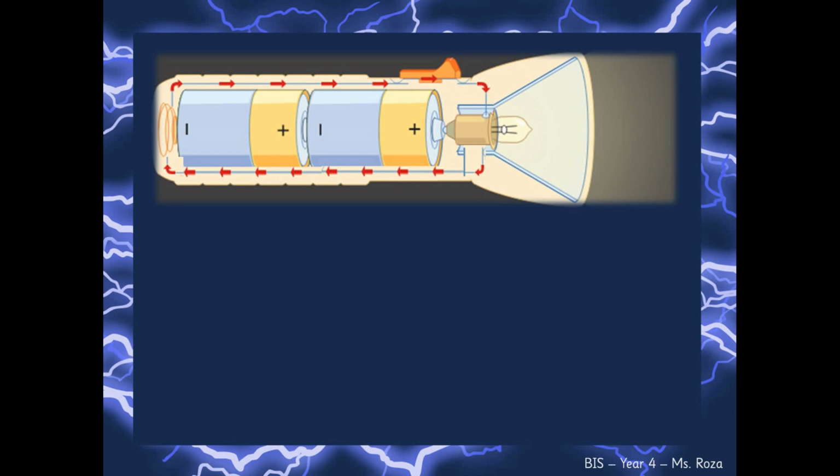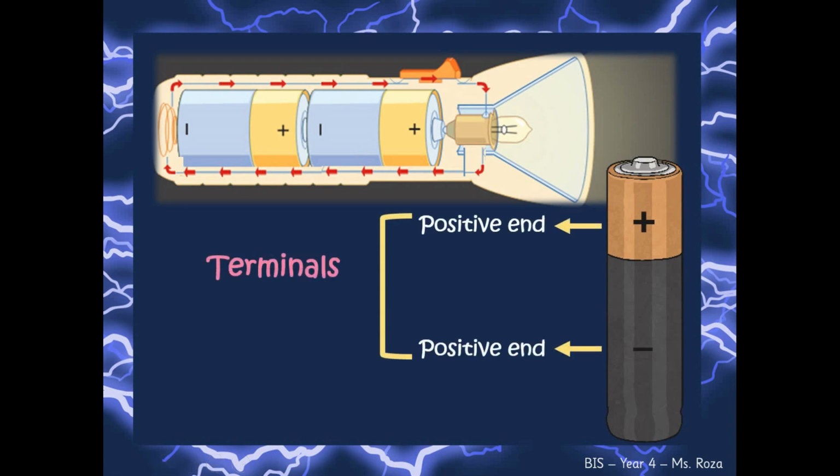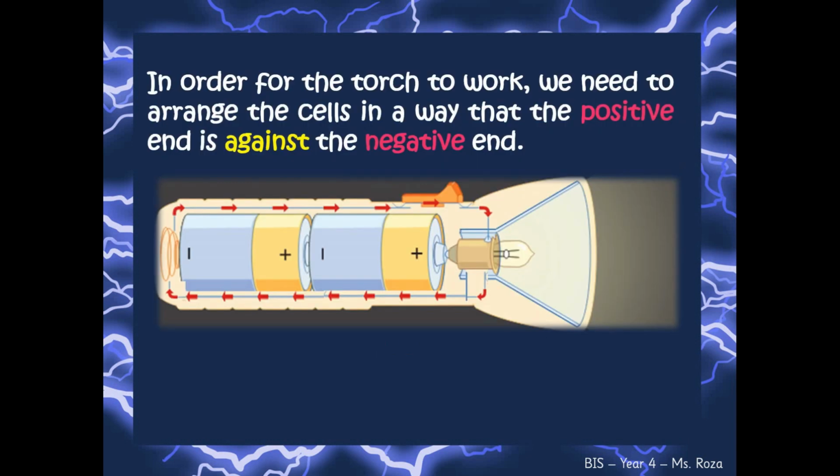Now, you might notice that each cell inside the torch has two ends, a positive end and a negative end. These ends are called terminals. A terminal is the positive or negative end of a cell. If we have more than one cell, more than one battery, just like in this picture,